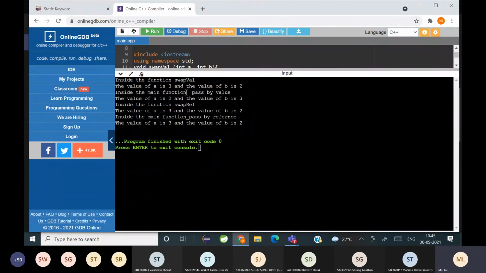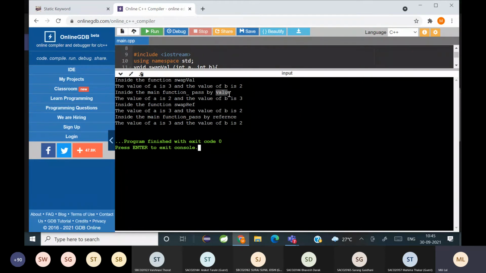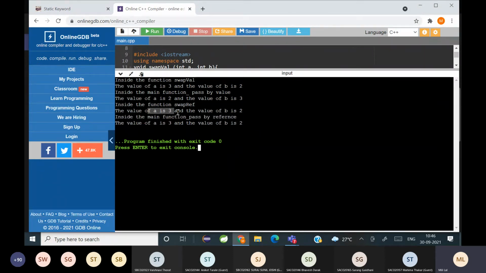Okay, now you see inside the swap value function, a value is 3 and b value is 2, and inside the main function pass by value, a value remains 2 and b value is 3. बट वेन यू सी पास बाय रेफरेंस में क्या हो रहा है, जो भी चेंजेस फंक्शन में हो रहा है, a is becoming 3 and b is becoming 2, the same thing is getting reflected here also. देखा डिफरेंस?